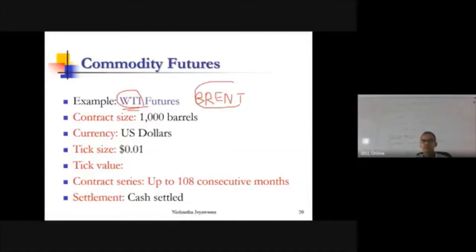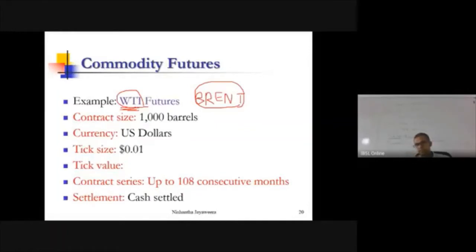So this is the UK market. In the UK market, they trade Brent oil. In the US, they trade WTI. In Sri Lanka, we get something else. We don't get WTI or Brent oil because the quality standards are different from